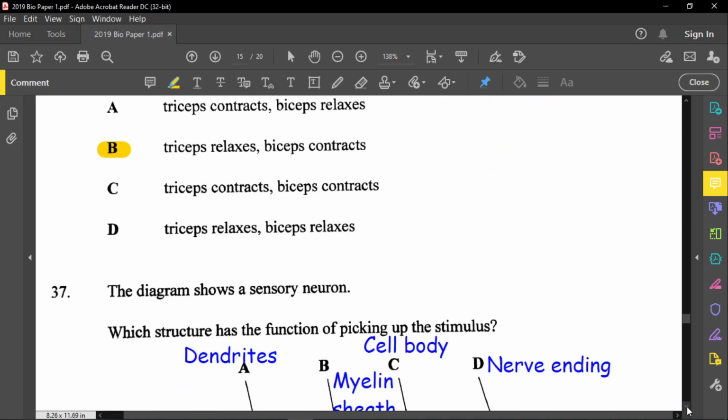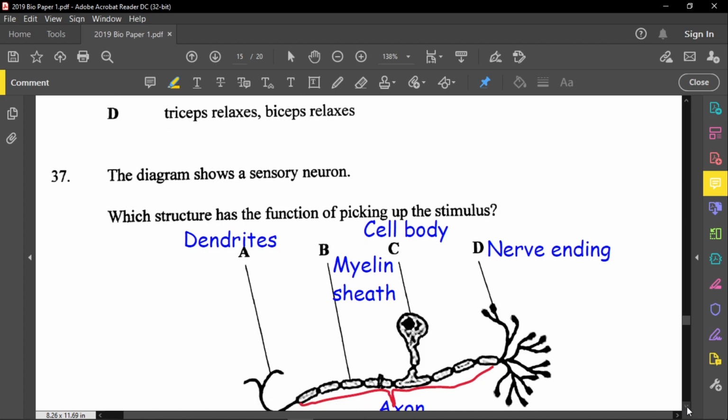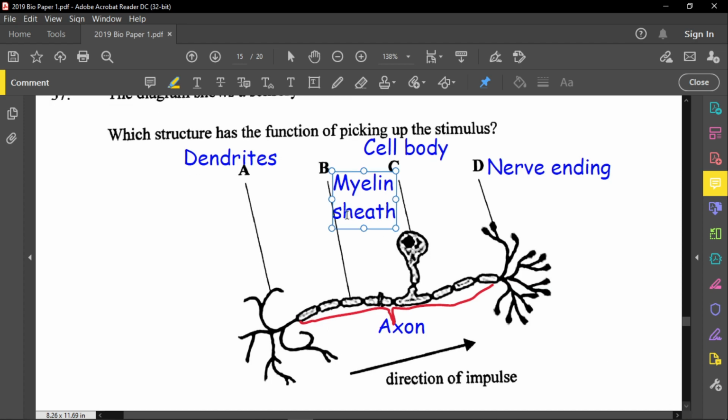Now, question number 37. To make life easier for us, I'm going to label this, and just point out why I label it in this way. I want to make a note right here: this will be dendrites and this will be nerve endings. What's the difference between dendrites and nerve endings? Dendrites always pick up the impulse and send it along the axon, and it will terminate or end at the nerve endings, and it will move to another